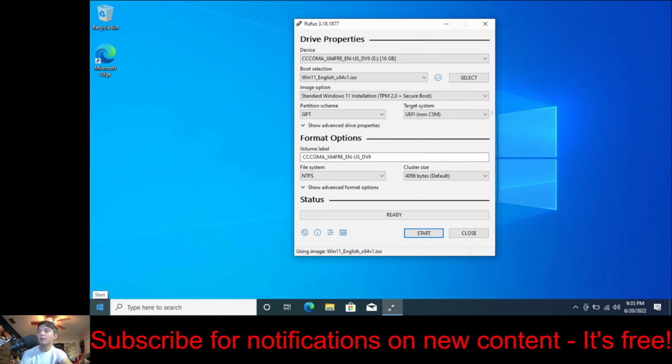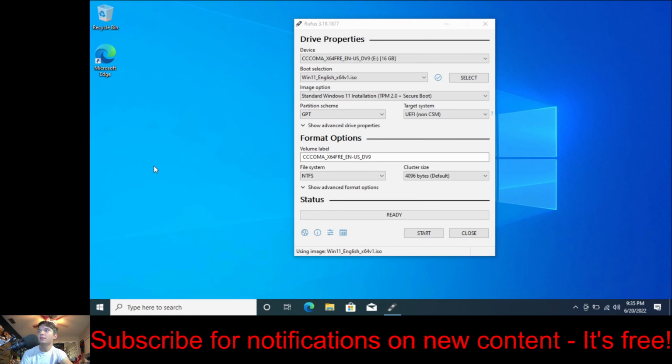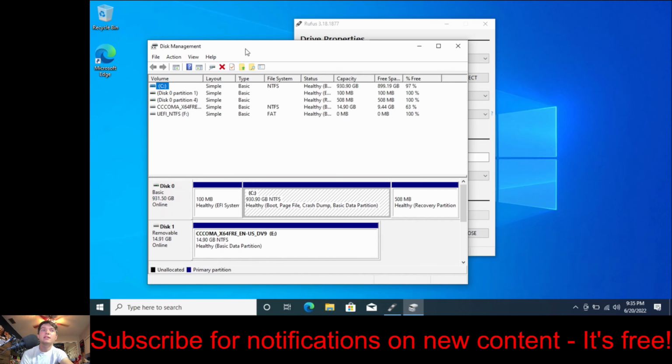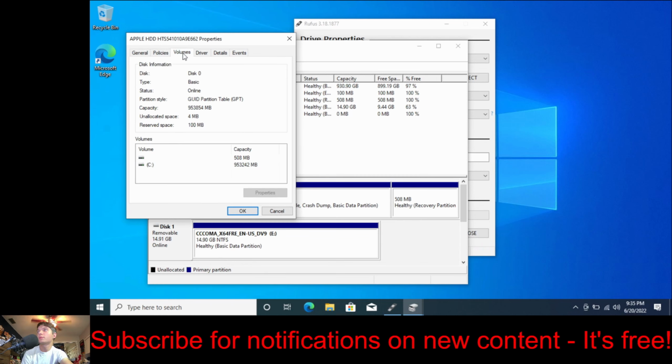to use is by right-clicking on Start, Disk Management, and then in here you just want to find the disk that you have in, which would be the one that is your C drive. It says C right here and whatnot. You're just going to want to right click on this, click Properties, and then you're going to want to click on Volumes. Here you will see partition type, which one you already have, and that's what you will know, what